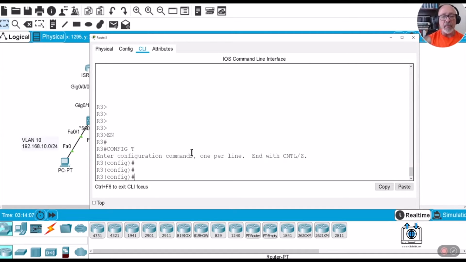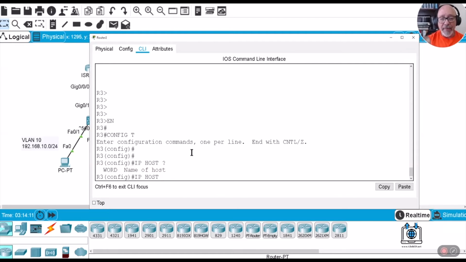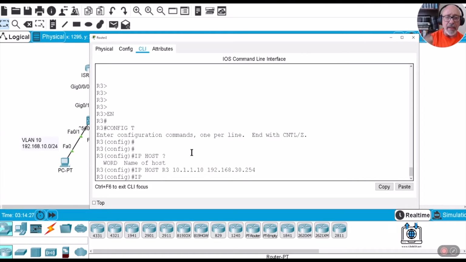It's no biggie. It's called an IP host table, IP host, and then here you put the name of the host. So let's say myself, R3, and then the IP addresses associated with me. So this would be 10.1.1.10 and 192.168.30.254. You can put up to 8 IP addresses. And then you can do IP host R2, and then it'll be 10.1.1.9,